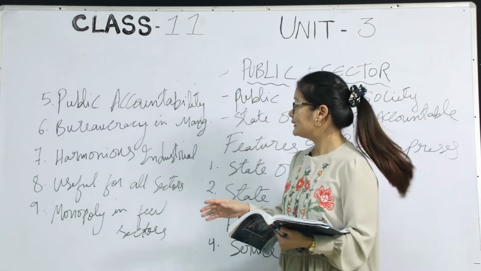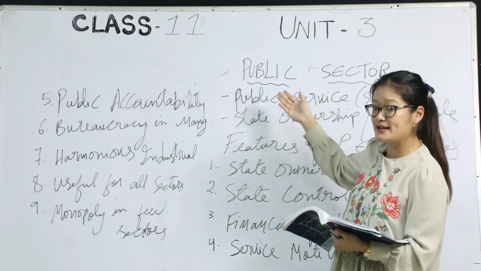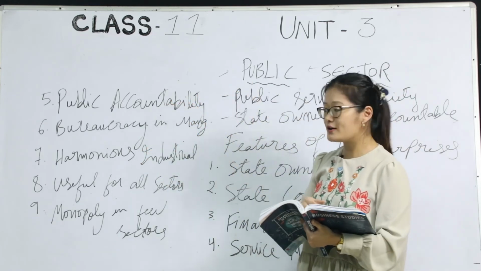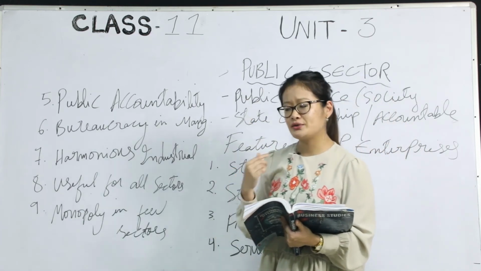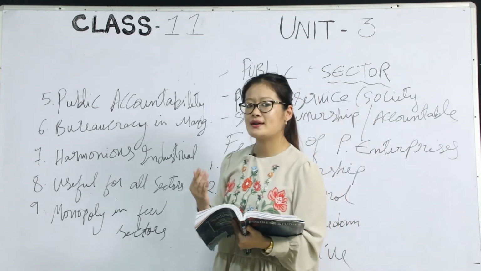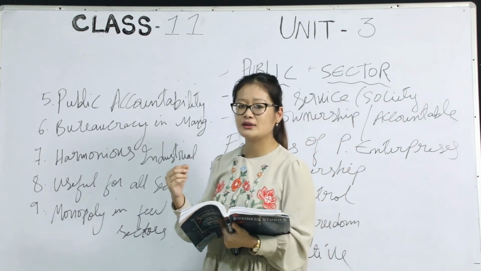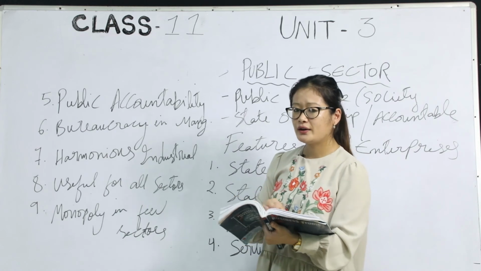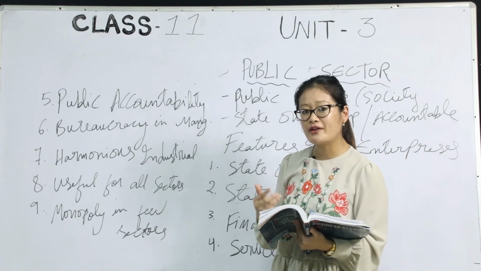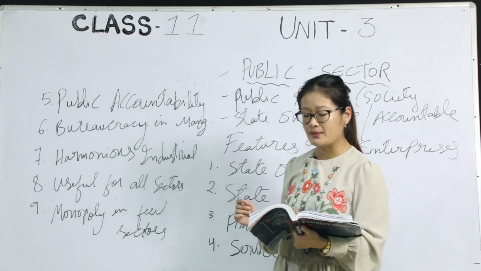Number 5 is public accountability, okay? So everything is mentioned here in the concept, right? The government is definitely accountable to the public, because the government's motive is to provide services to the public, right? So whatever amount of money has been spent for the public, later on they have to report back to the public, all right? Here under the public sector, the government takes prior care of the public, all right? That is why they are accountable to the public.